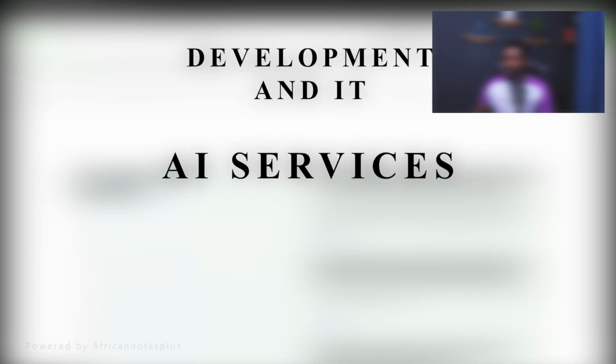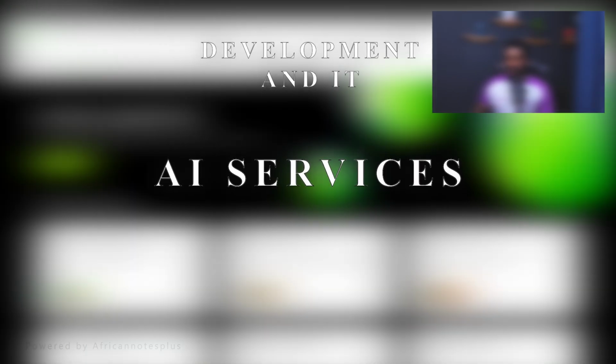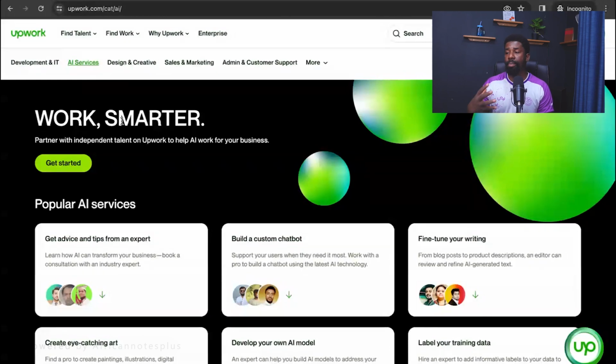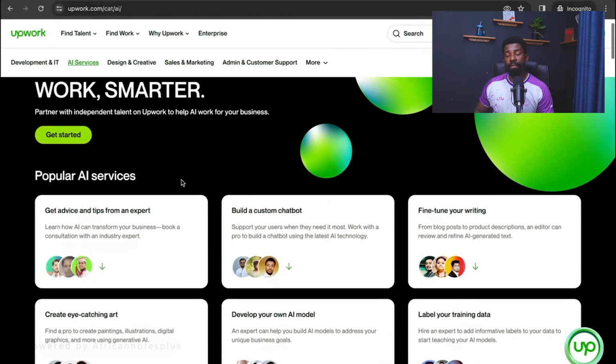All right, so let's go to AI services as another category, because this is also a big category now. AI is a big area that you people are going into. If you are trying to start your IT career or maybe software development career, AI is a big area that I think should be very interesting for you to jump into. Here you can get advice from consultants, and you can see different people that have different skill sets, for instance, AI consultant and so on.